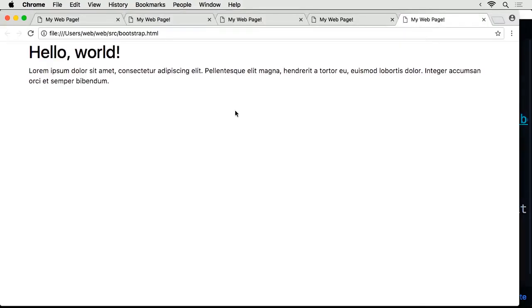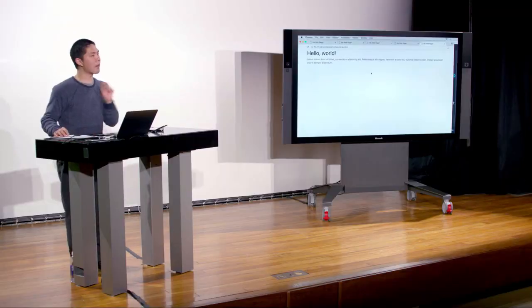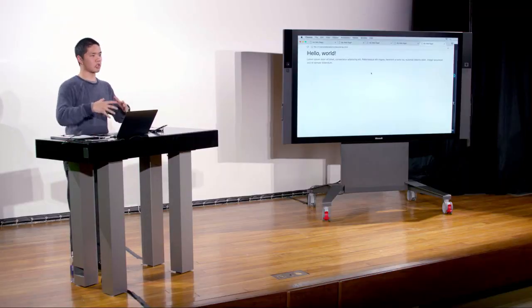You notice that there's some padding along the outside. You notice that the headline is in a slightly different font. This is Bootstrap's default style that you're welcome to change, but that is Bootstrap's way of making your website look a little bit nicer, a little bit more modern. But the real power of Bootstrap comes when you look at the way that Bootstrap organizes information and